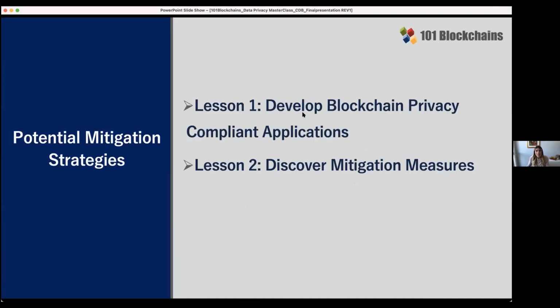And so in this model, what we've seen, first of all, is whether it's possible to have a blockchain privacy compliant application, and the importance of considering the data privacy aspect and having a data privacy impact assessment. And we have seen together, even if very quickly, some of the potential mitigation strategies that could be used to develop a blockchain compliant solution